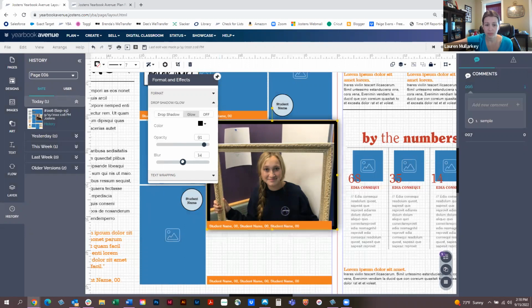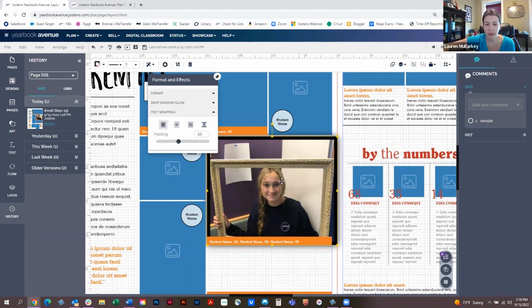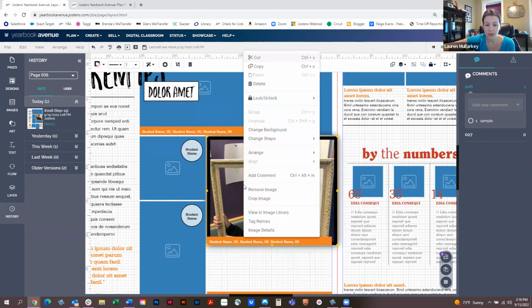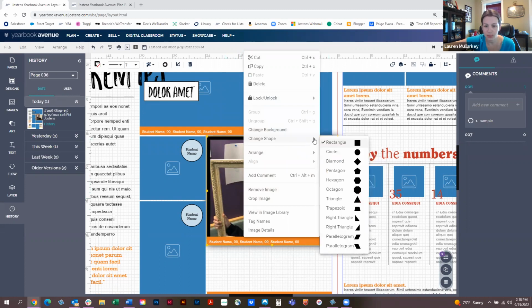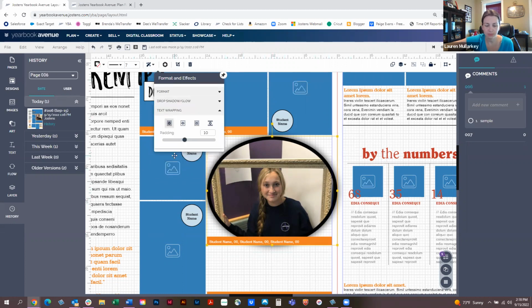Okay. You can add text wrapping to an image. So if you're using text wrap, basically you need to text wrap the image as well as the text box. Both have to be done in order for it to work properly. So there's a couple different options here for how you want to wrap. And this works really great with a round photo. So if I right click, I can actually change this to a round photo so that we have a great example for you. All right, so if I go ahead and I go back to my text wrap,